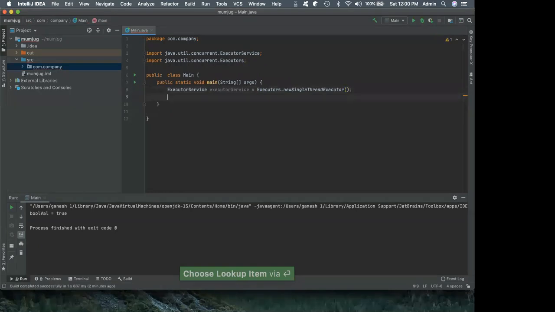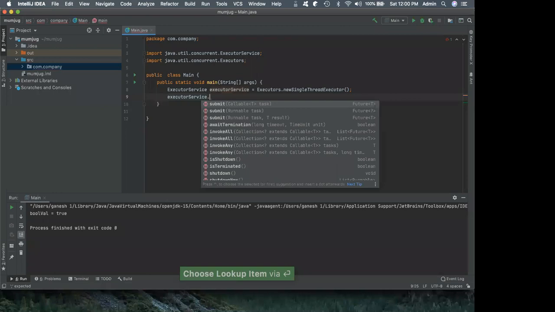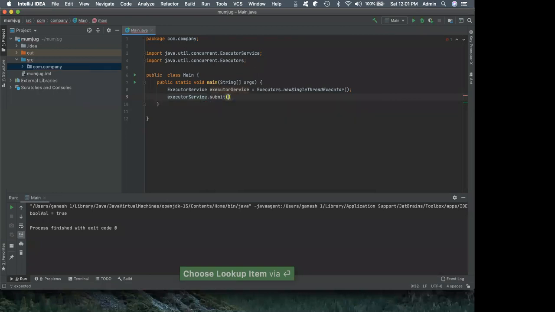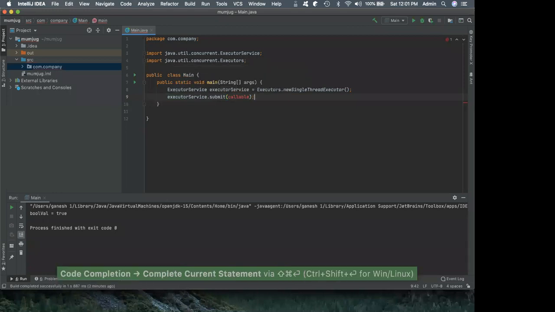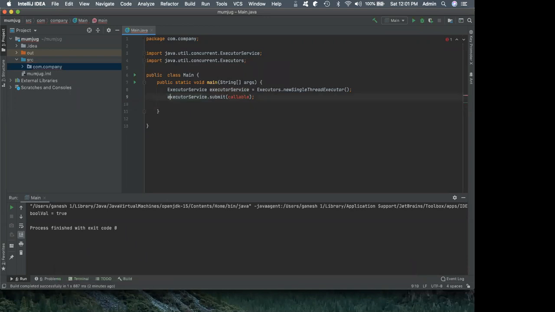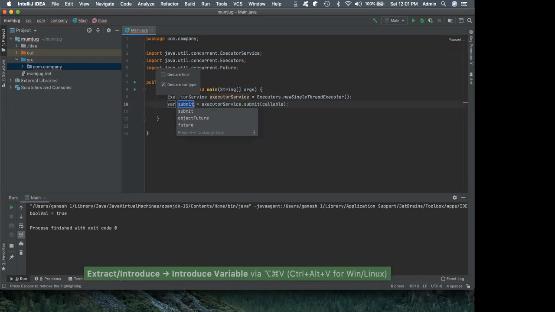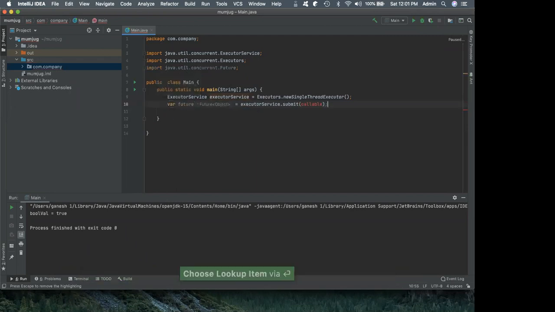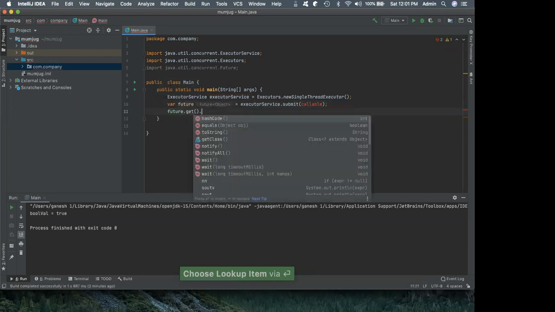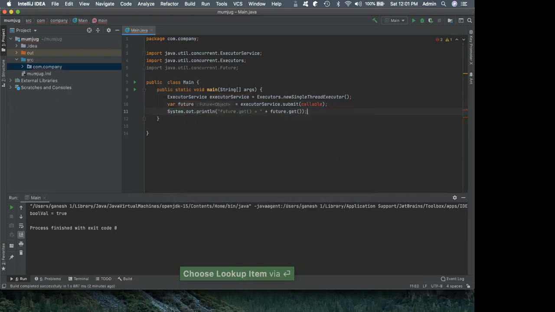Then executor service dot submit. What do you want to submit? Some callable, right? Let me complete that semicolon. And then I have a variable here. Let me fill a variable with a future, and future dot get, and I want to say sout.